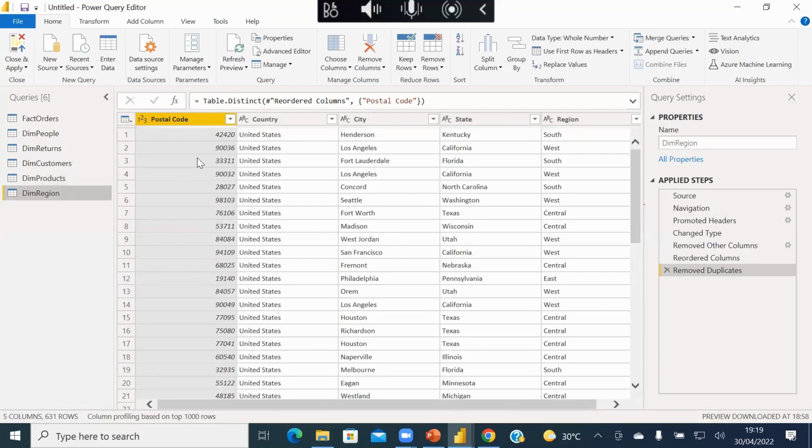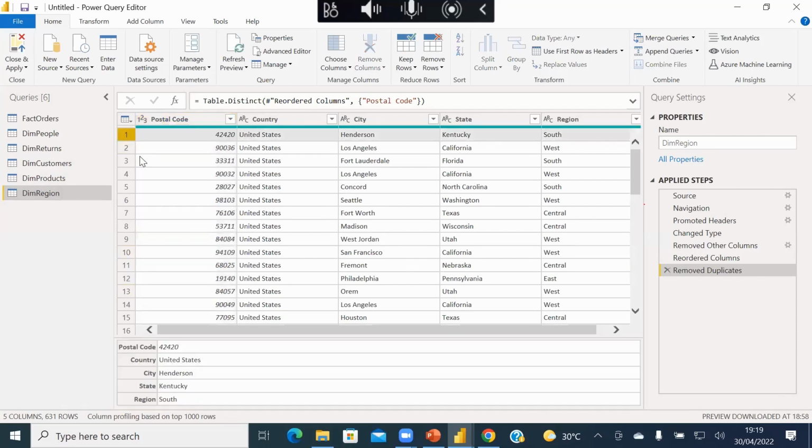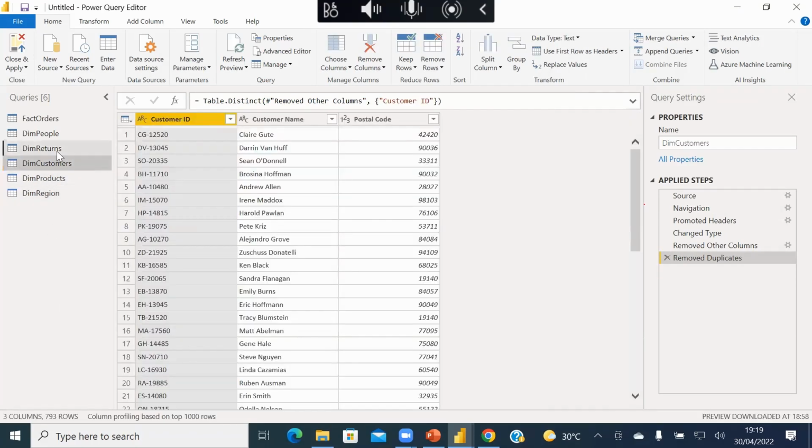When you go to the region table, this postal code now for each row, each record is unique. It has to be because this is a dimension table and this is serving as a primary key here. So in the customers table, it is foreign. It only helps us to know where our customers are from. You get that? So if it is not unique here, we're going to run into issues. We'll not be able to create a relationship. And a dimension should have unique records. We mentioned that earlier, right? Each dimension should have a unique record. All right. Great. So we are done transforming our data.